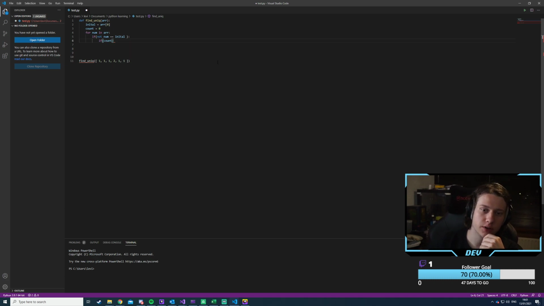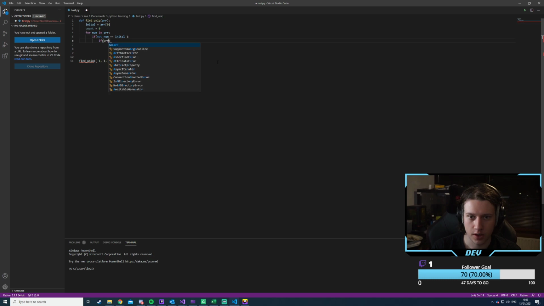No, I think we can do this. I know what to do. So then we say if array.count is equal to initial, and this would be count plus 1, initial, return initial. Else, and this needs to be indented, of course, else return num.